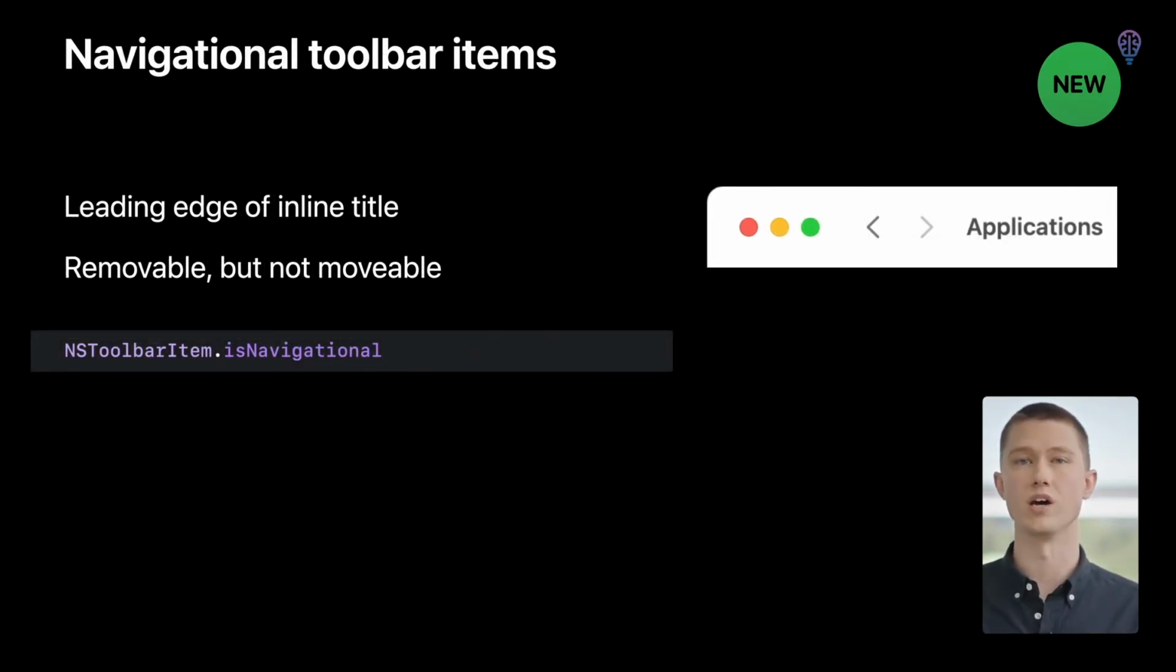And speaking of the window title, if your toolbar contains controls such as back and forward, these items belong to the leading edge of the window. With the new navigational property on NSToolbarItem, you can specify these items and the system will take care of the rest. Navigation items have special behavior when customizing the toolbar as well. These items can be customized into and out of the toolbar, but they can't be moved out of this title